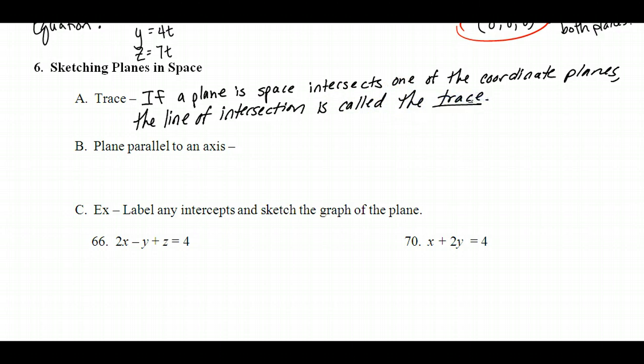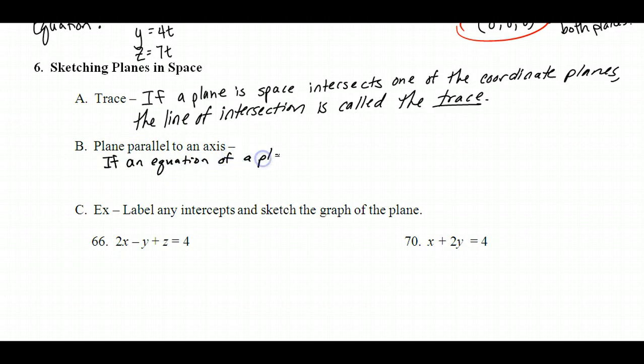So you may hear that vocab. If you have a plane that's going to be parallel to an axis, it could be parallel to your x-axis, your y-axis, or your z-axis. We can tell right away if a plane is parallel because it's going to be missing a variable. So for this one, if an equation